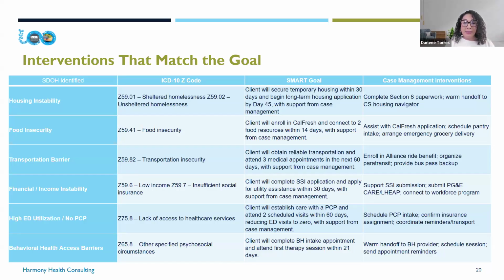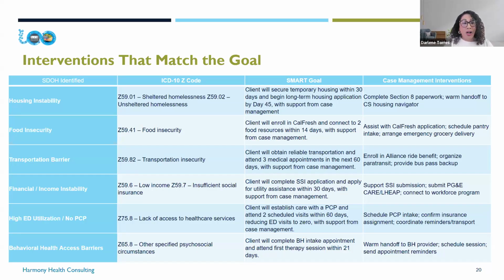And then the case management intervention: support with SSI submission, submit their PG&E CARE or LIHEAP, and connect them to maybe some workforce programs. So what you see is the identified need as the financial instability, the Z code that is going to be utilized, what your SMART goal can look like, and then the intervention itself.